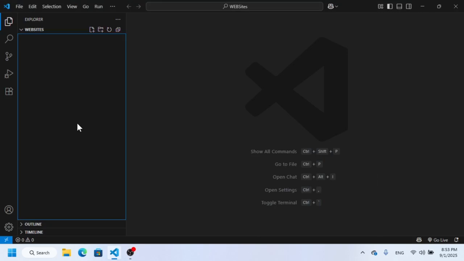In this video, I'm going to show you how you can create a login form using Bootstrap. To do this, you need to create a file. So let's go create, at first, a file. I have created a folder called websites, and inside this folder, I'm going to add an HTML file, and that is, let's say,